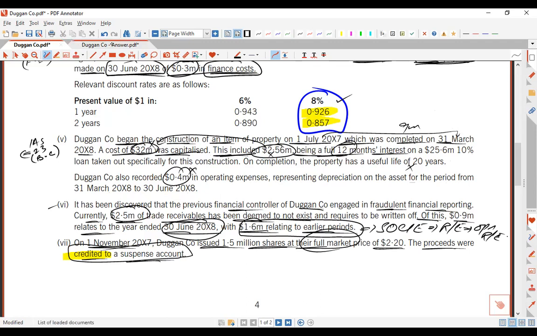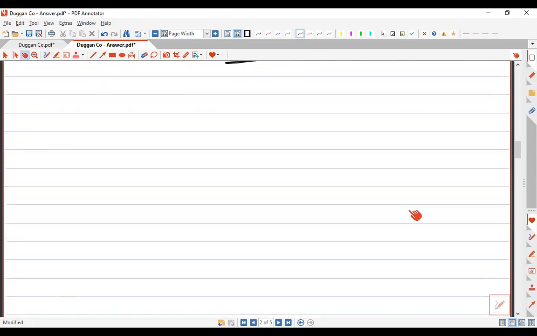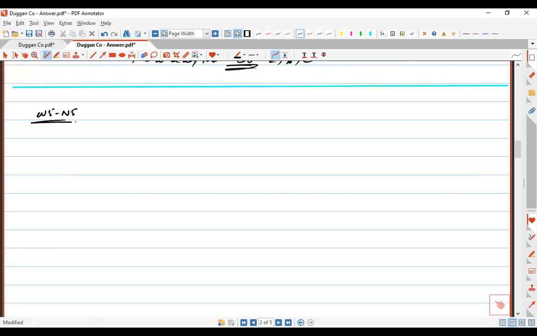So we have to revise all the things. By the way, I'm going to prepare a time frame here to make you crystal clear with these types of transactions. Normally IAS 23 is not examined in this way, but in this attempt, the examiner gave a very good adjustment with respect to IAS 23. So, working 5 for note 5. A simple time frame to understand the things.